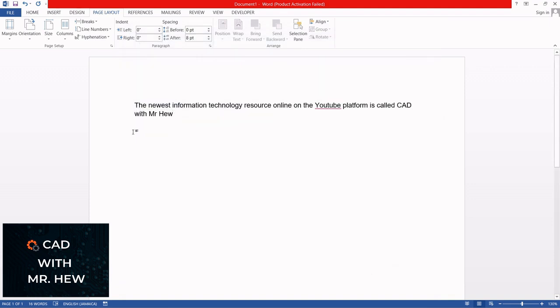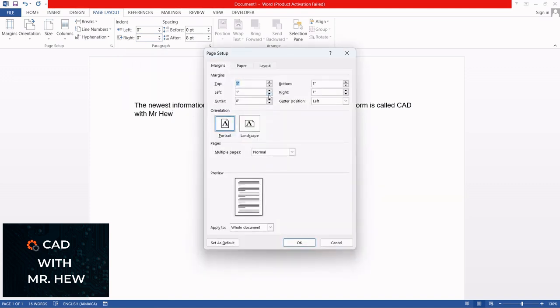Now, when we click this to give us a page setup, we can now see that we have it in inches. These little two symbols indicate that it is inches, right? So you have 1 inch to the left, 1 inch to the right. So this is how you would change the margins to inches if your page setup dialog box was originally in